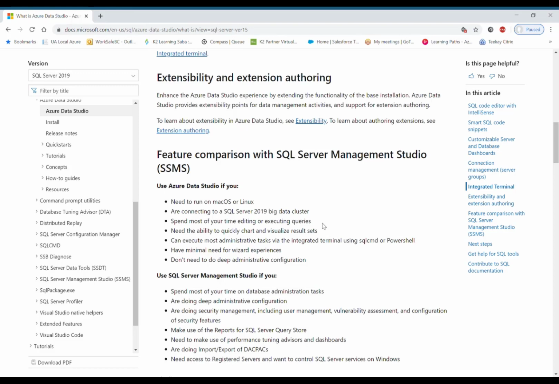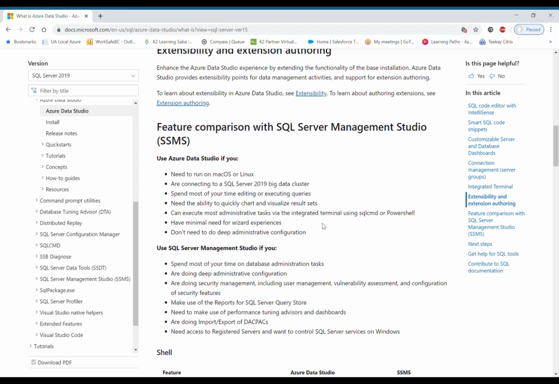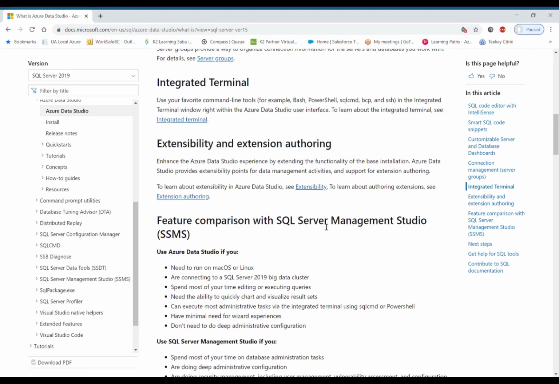On the other hand, you can also see a feature comparison with SQL Server Management Studio. SQL Server Management Studio is more for performing DBA activities and wizards, where you can take backups and restorations, create databases through wizards, or have DAC installations of the database objects into any SQL Server environment. So this video primarily focuses on